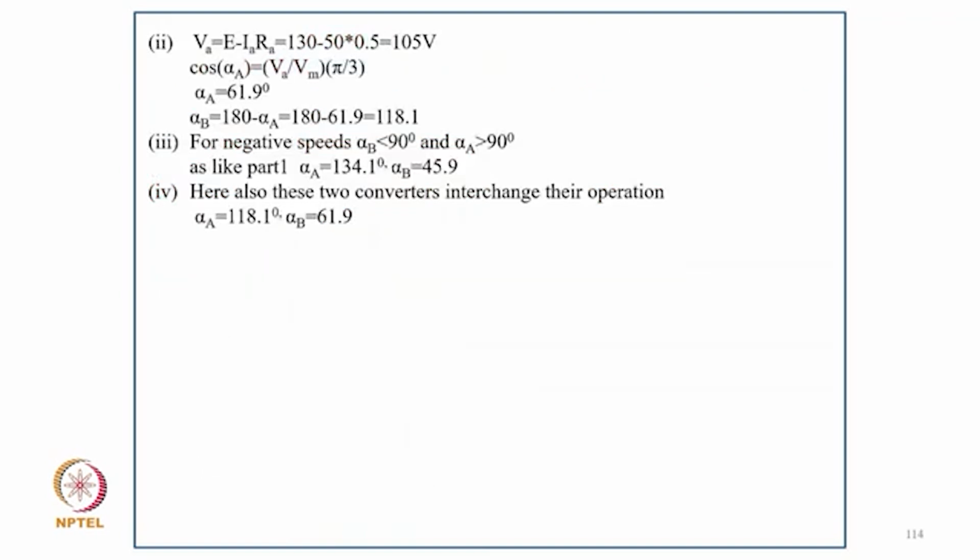and alpha B is 180 minus alpha A, that becomes 134.1 degree, and V equal to E minus I Ra, so it becomes 105, and cos alpha is V upon Vm into pi by 3, so alpha A becomes 61.9 degree, and alpha B equal to 180 minus alpha A, so it becomes 118.1 degree. For negative speeds, alpha B is less than 90 degree and alpha A above 90 degree. So at part 1A, alpha A equal to 131.4 and alpha B becomes 45.9 degree. And here also the two converters interchange their operation. So alpha A equal to 118.1 degree and alpha B equal to